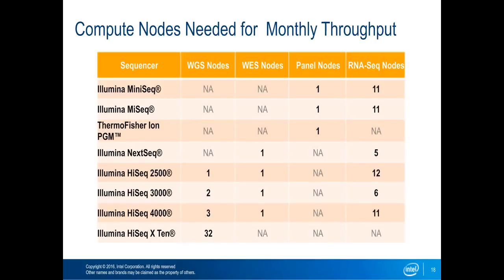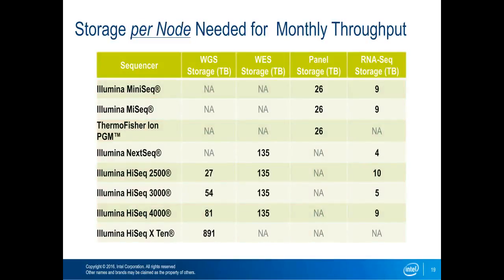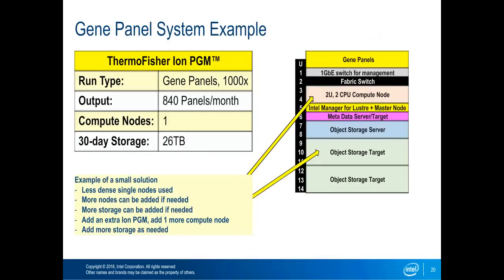And then the other nodes I'll explain as I go along. And then for storage, if you line the same grid up, you can see the storage on a monthly basis for each of the nodes that you need to match the output of the sequencers. So what we do is we take this information and we take an example like a gene panel example, and